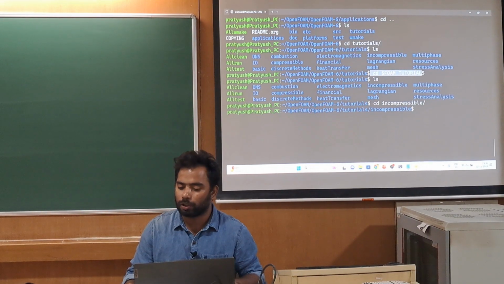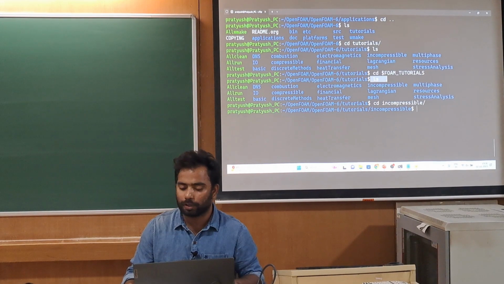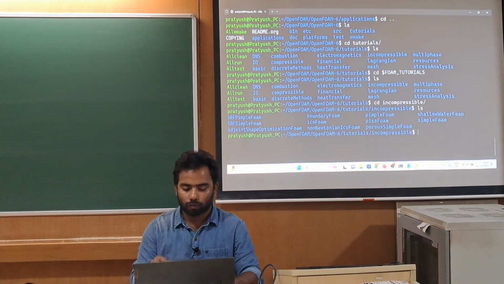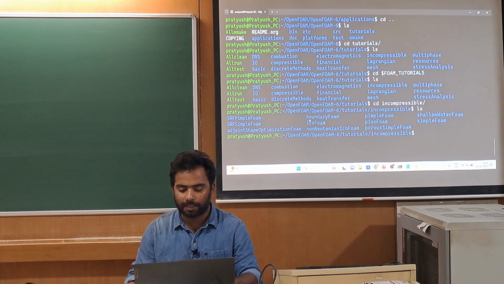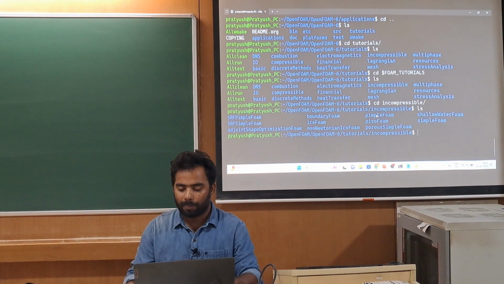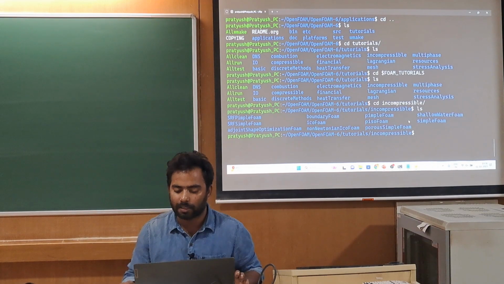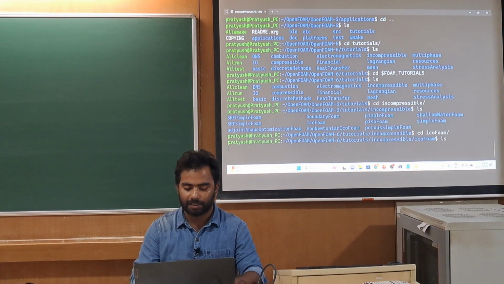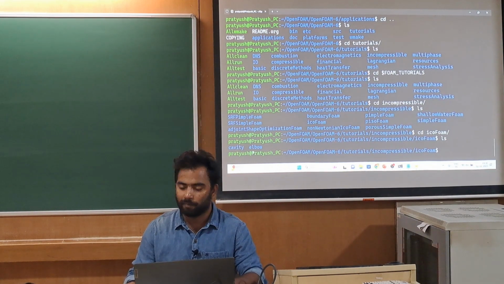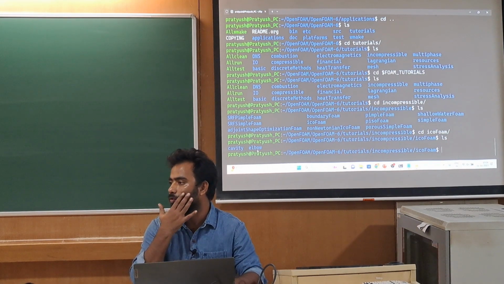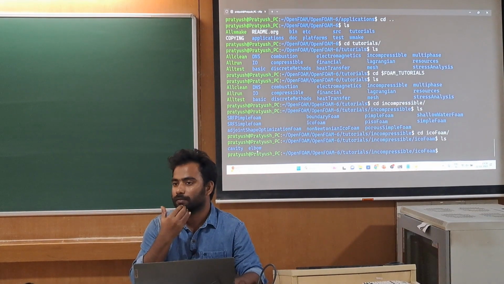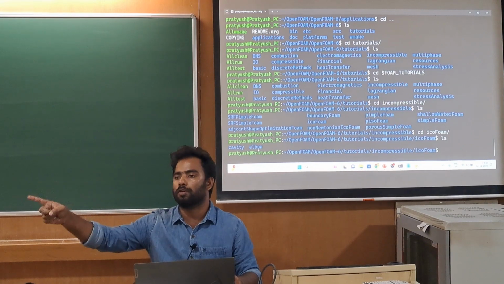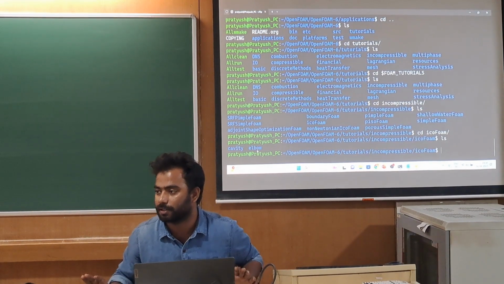First I go to the tutorial folder, then I list the different tutorial cases, and then I go directly to the incompressible folder. When you list, different solvers have different test cases. Suppose icoFoam, pisoFoam, pimpleFoam, every solver has different test cases. Even if you go to icoFoam, you have a number of test cases here, like cavity, elbow, different test cases you can find. Now let's take one test case from here, copy it into our run folder, and run that test case.